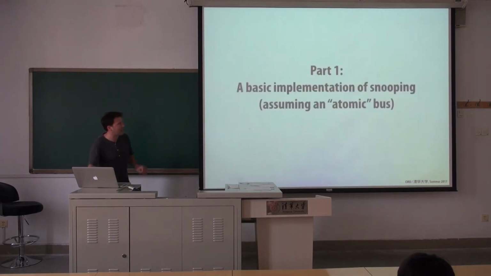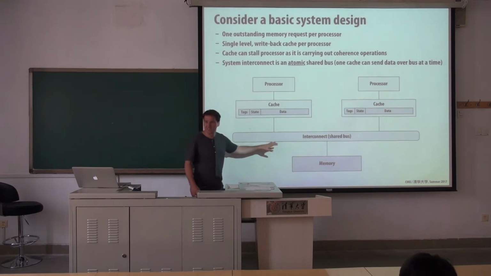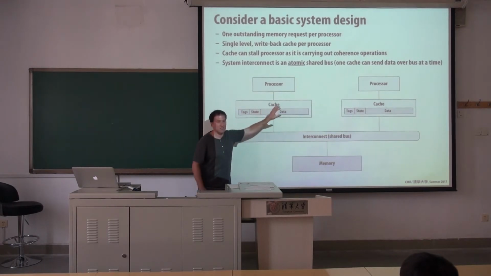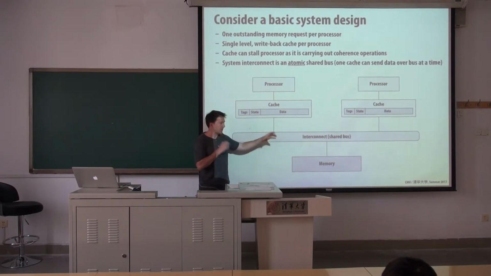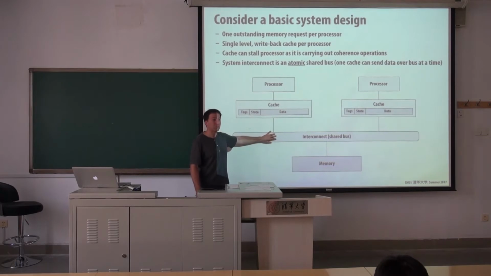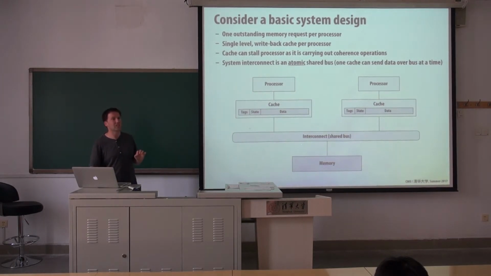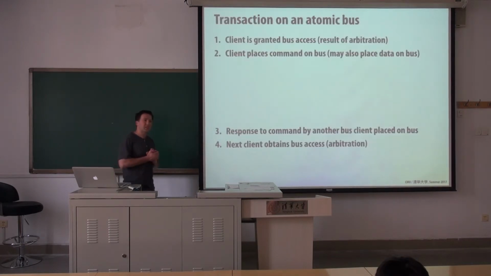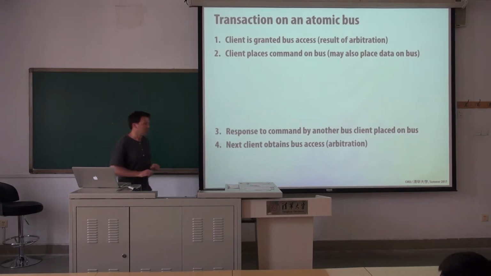So let's talk about how a very simple computer might implement coherence. So this is our simple computer. It's very much like one processor, two processors, shared bus. So it's very much like the demo here. Student 1, student 2, and it's a shared bus, which means that only one of the students can talk at a time. And so this bus is going to work like this, is that there was one thing that I